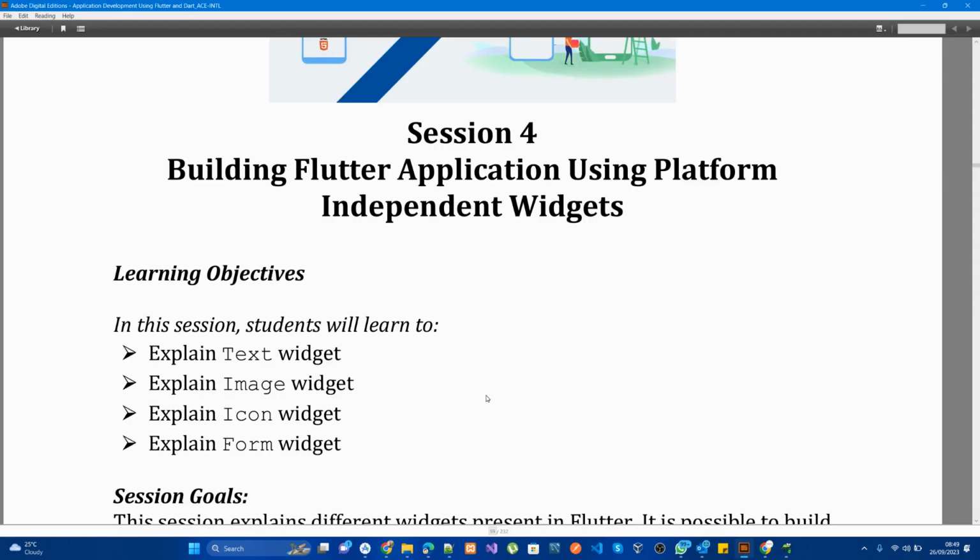All right. So platform independent widgets include the text widget, image widget, icon, and the form. So these are independent widgets. They are not specific to Material design or Cupertino design. These are Flutter independent